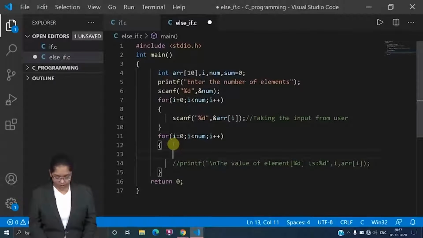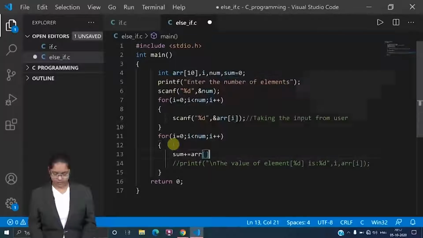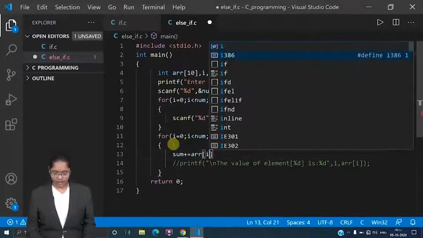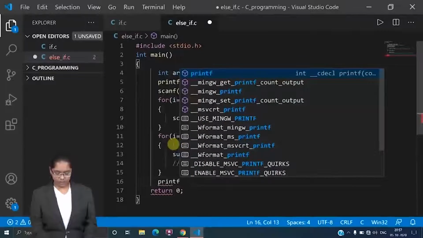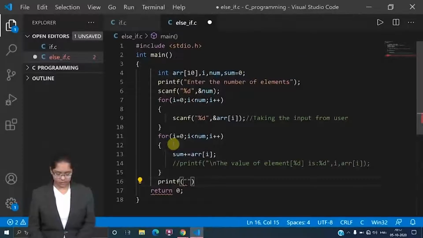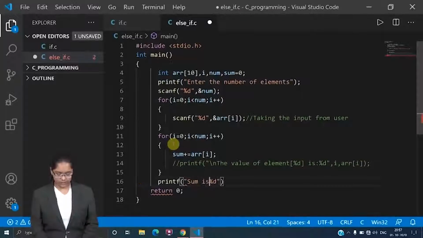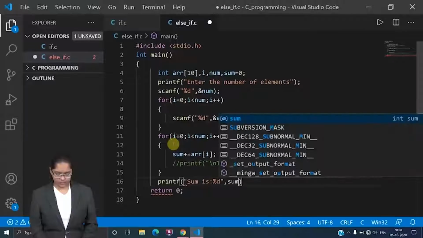So here I will add sum plus arr[i], and later on I want to print it. So here printf, %d, sum is, okay, here it will be sum.